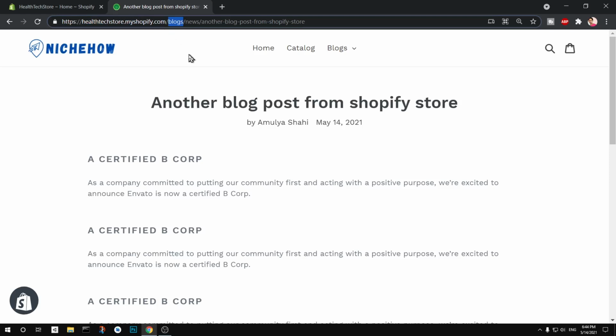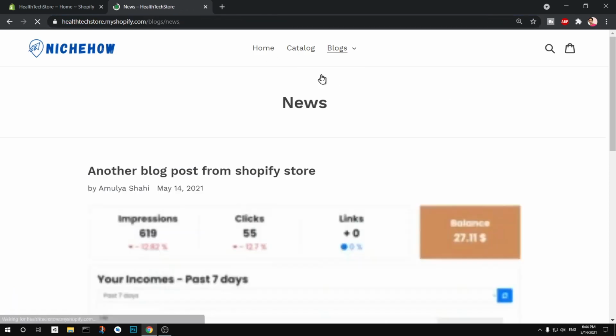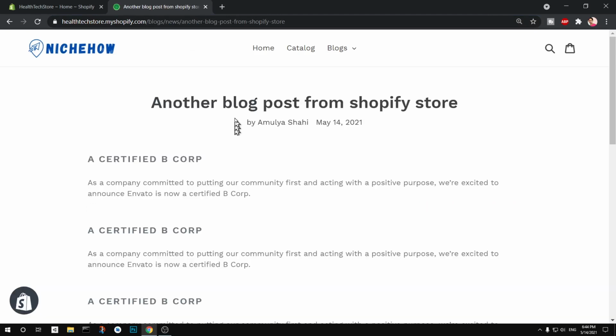If it doesn't make sense, I'll go ahead and explain everything, don't worry about it. And then we have news, because we just clicked the news and then hit on this article. So you can see it's following your clicks. So first blogs, and then news, and then article. So this is also called silo structure. Okay, so 1, 2, 3, basically